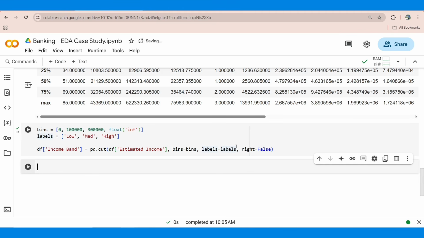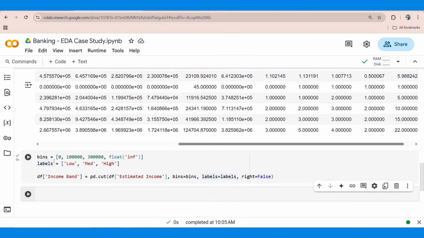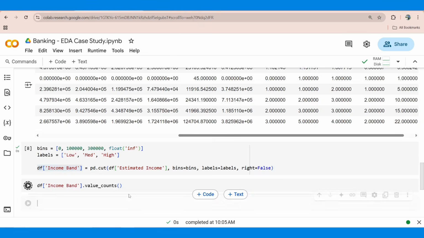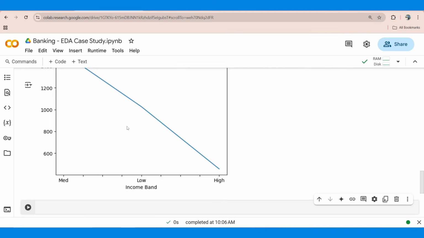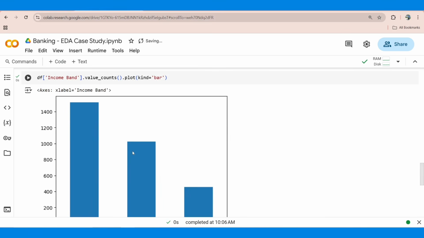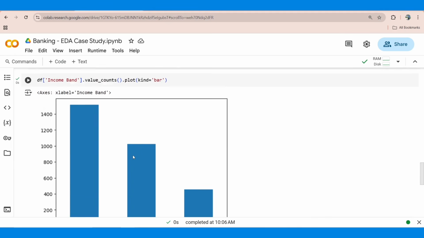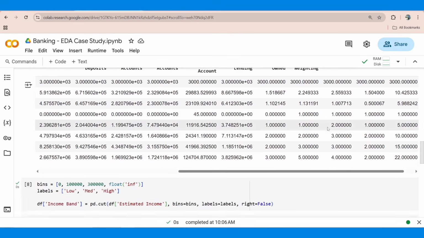And then once this is done, so we have this column. Let me just try to do the value counts, and then plot. So high income we have this much, low income and mid. Now what I'm going to do is